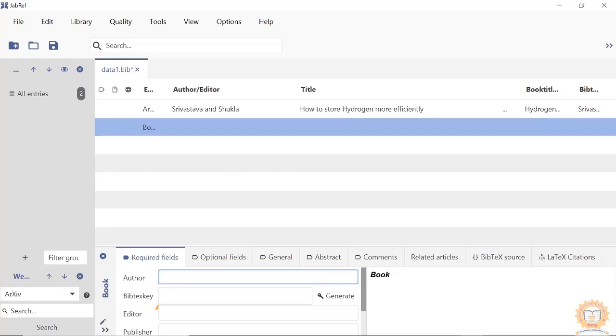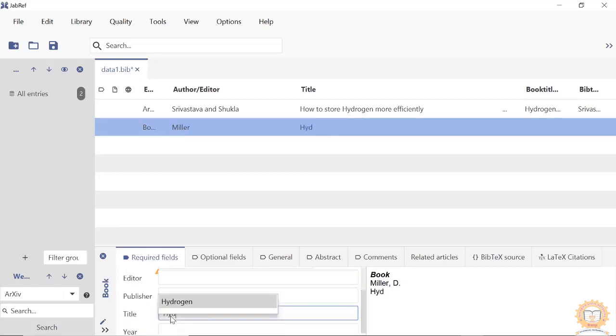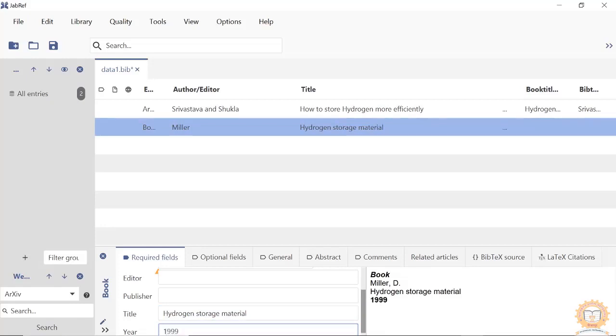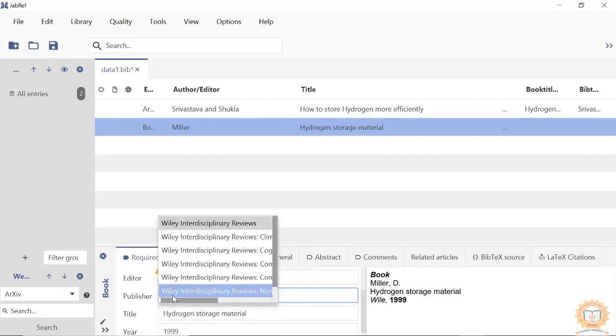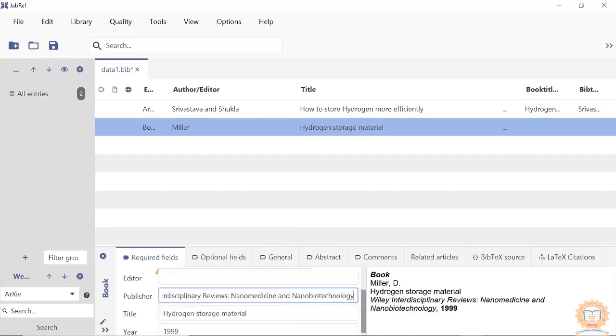Something like this, and there is no editor for the book. Then the title, and year of publication. I'm saying okay. Publisher, like this. There is no editor.